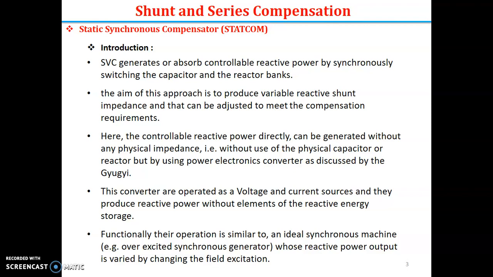They produce the reactive power without the storage of actual reactive elements. So inductor or capacitor will not be there. That is one of the basic advantages of the STATCOM. Essentially, without effective energy storage components, by circulating the alternating current along the phase of the AC system, it will dynamically control and it will be faster in action than the SVC.